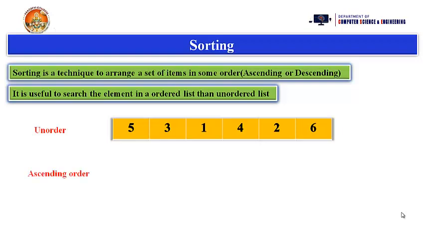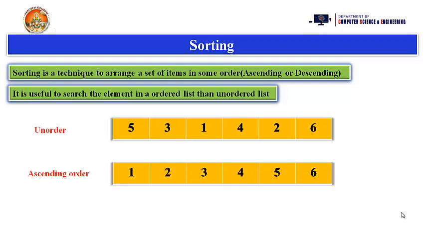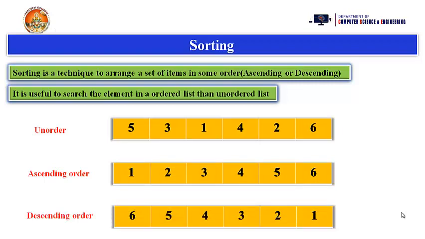So what is ascending order? The elements are from low to high. So it is the ascending order. And what is descending order? The elements are from high to low, meaning big value to low value. So it is a descending order. And small value to big value is the ascending order. Like this we can sort the elements using a sorting technique. So that is the use of sorting. And the most common use of the sorting technique is to search for a particular element in an ordered list. It is easy compared to an unordered list.